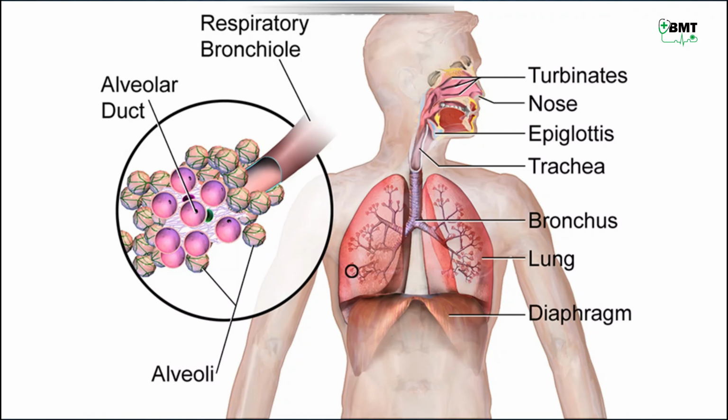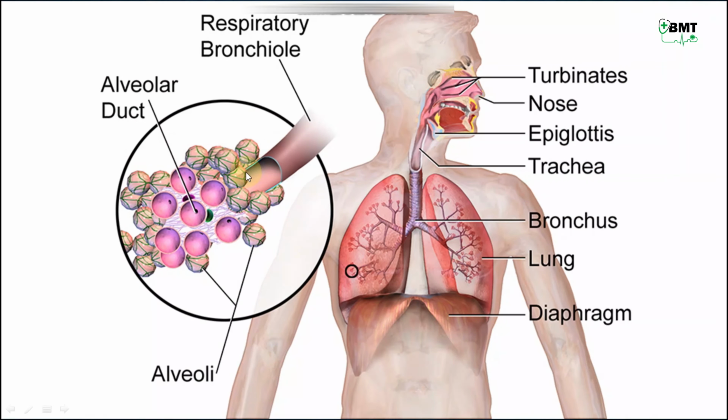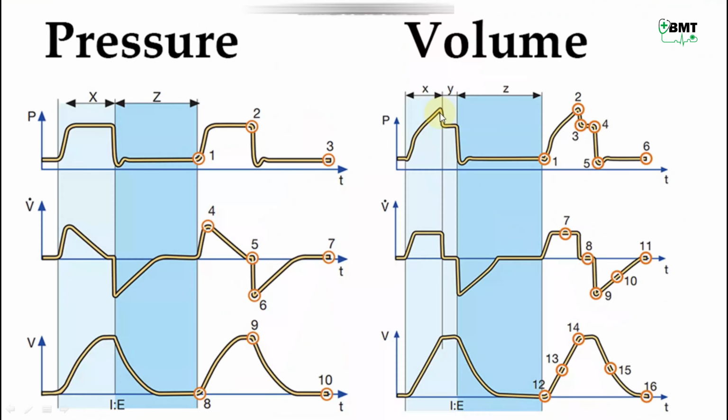From trachea, air passes to bronchioles, and from bronchioles, air passes to alveoli. But as you can see, bronchioles and alveoli openings are thin, so it requires more pressure to enter. So that is the extra pressure which you can see in the pressure graph. Once air is entered into the alveoli, pressure in the upper airways reduces, which is shown in the graph, and this pressure required to open alveoli is airway resistance.